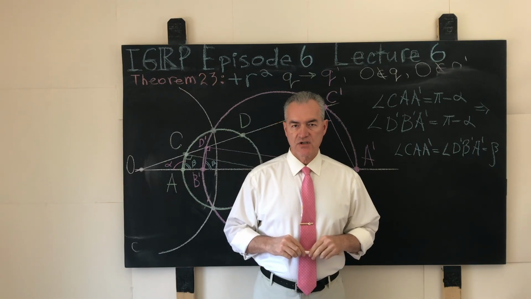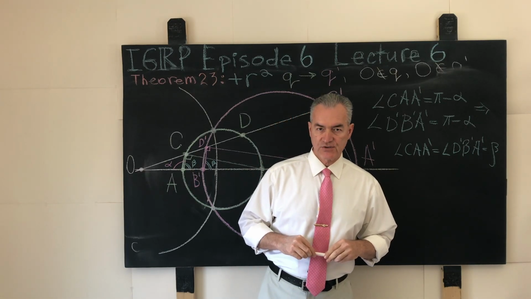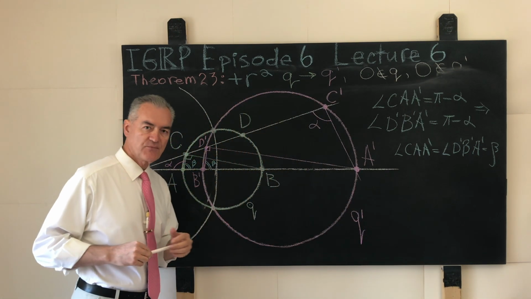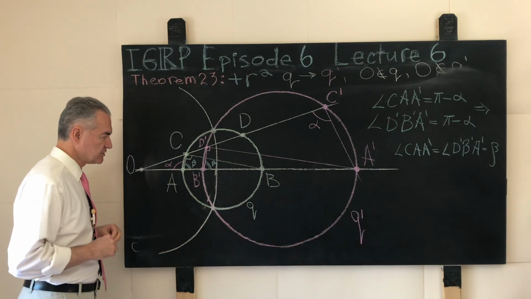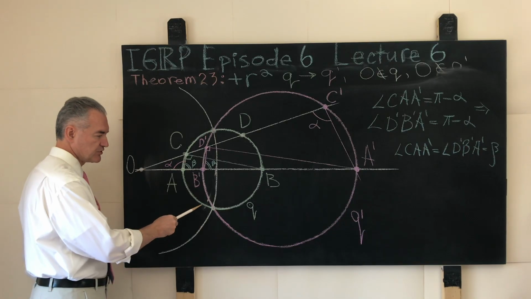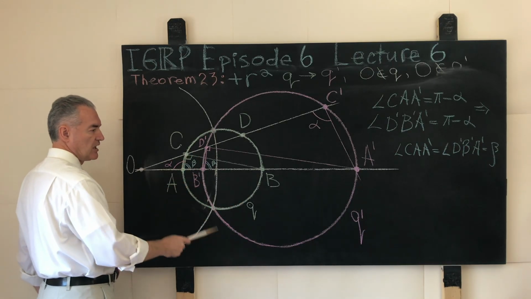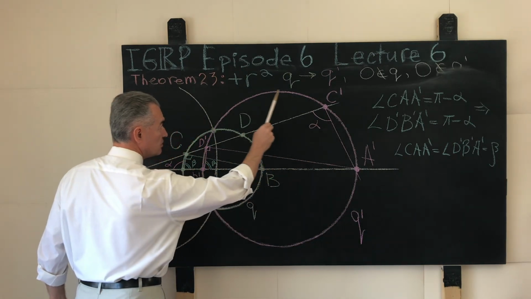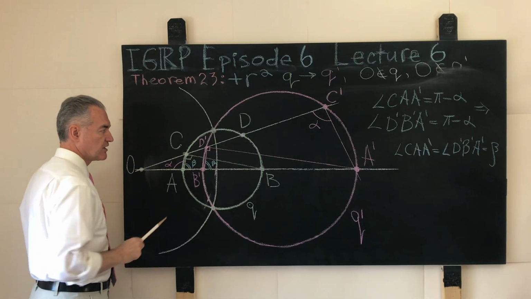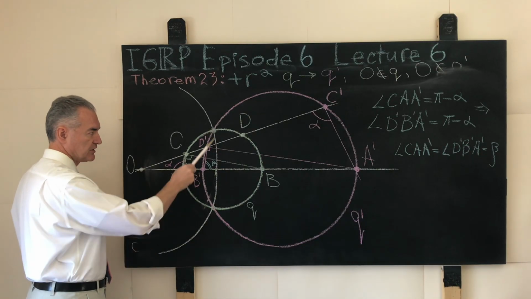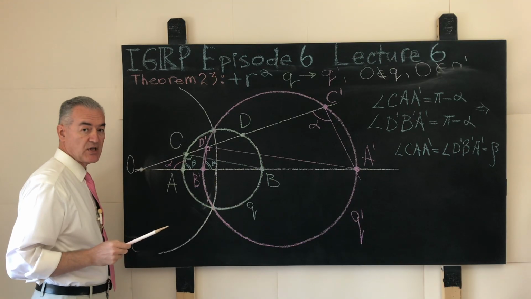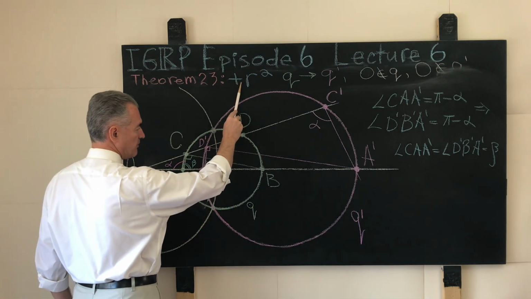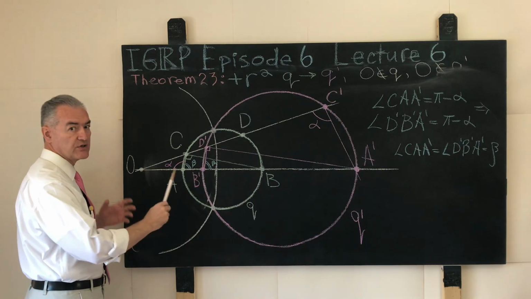As a final observation of this lecture, if we combine the results of theorem number 22 and theorem number 23, then we will observe the following neat result. If two circles, for example the circle Q, shown here in green, and the circle Q prime, shown over here in red, two circles of distinct radii intersect at two distinct points like this, and these two circles are the